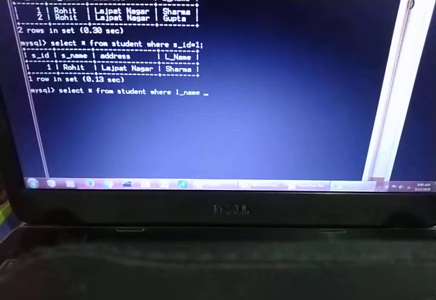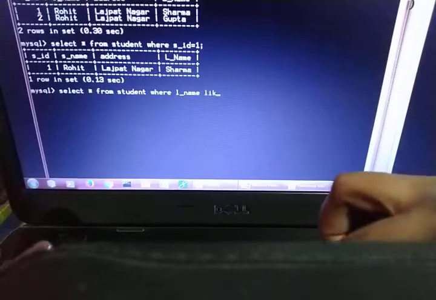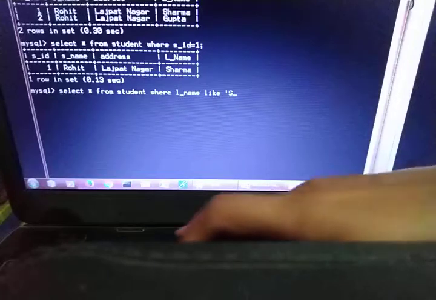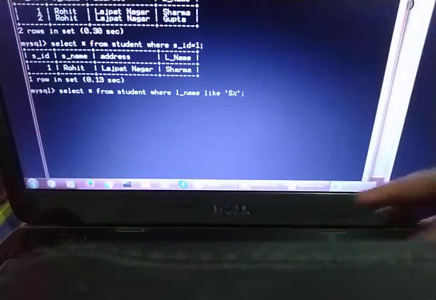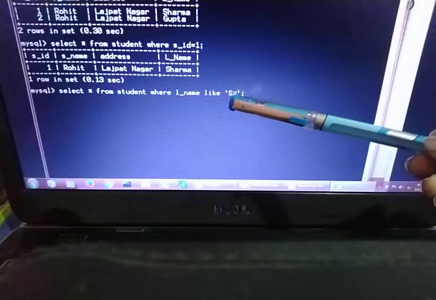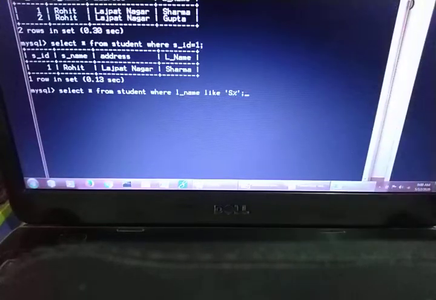Now that starts with S means I have to use the like operator. Fine. So wherever you get a condition like starts with this or ends with this, you can use the like operator. And what I have mentioned over here, just see it carefully, single quotes S percentage single quotes. What is the meaning of this?